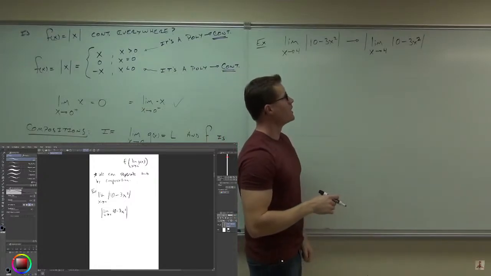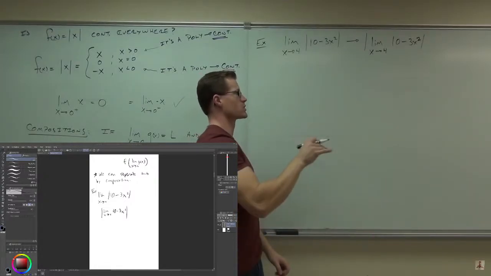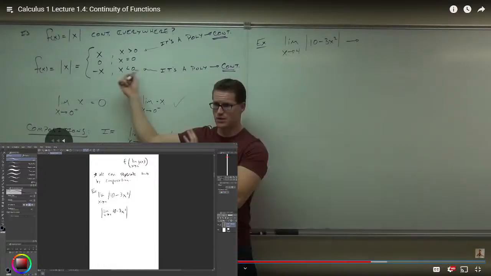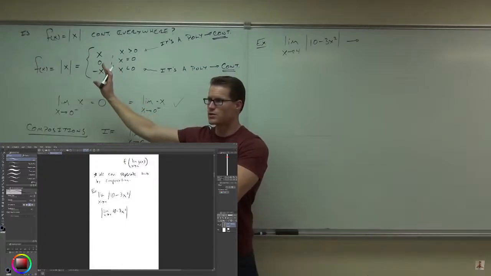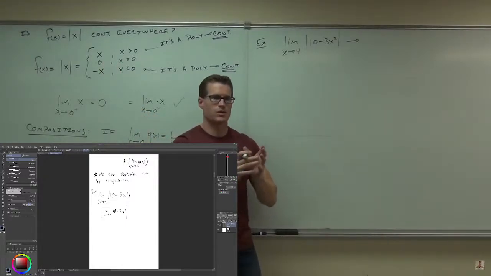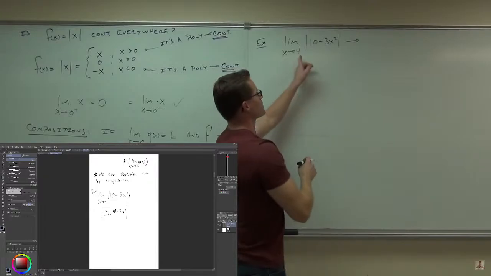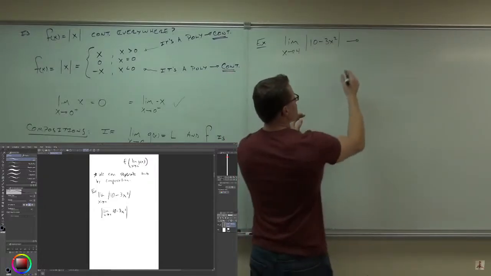What's the limit of 10 minus 3x squared as we approach 4? We've had to do one-sided limits for things like this so far. So if we haven't really talked about it, there's something that we actually can do here. This says, well, wait, if that's a composition, then this means